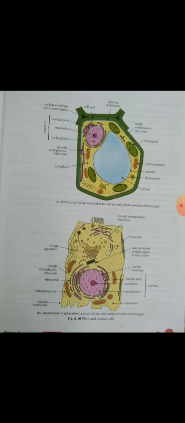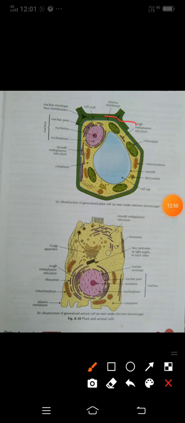So I am telling you, after that, a boundary wall in the cell. This one is the boundary wall you all have seen. This is the thick boundary wall here in the plant cell. But in the animal cell there is a thin boundary wall, because in the plant cell the boundary wall is made of two thick linings of the cell. First, the inner side of the cell, the inner part of the cell, is known as the plasma membrane, and the outer part of the cell is known as the cell wall. Cell wall is not present in the animal cell.